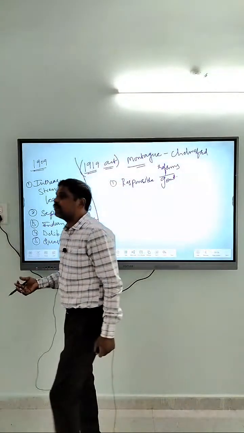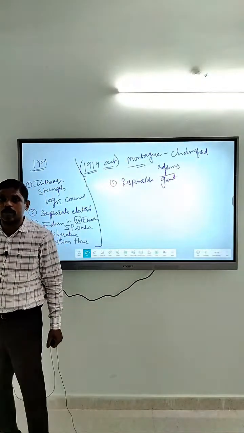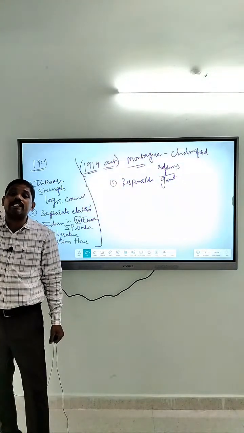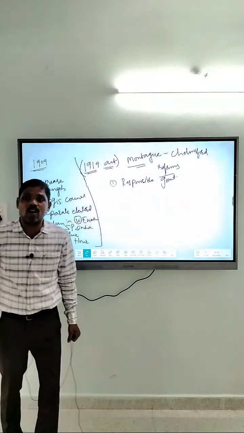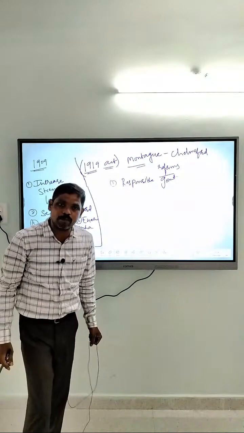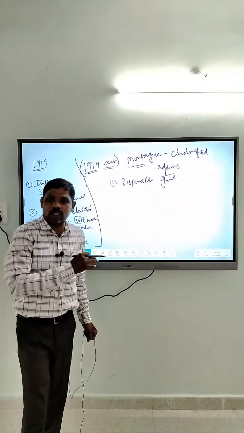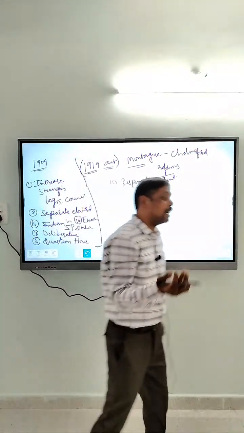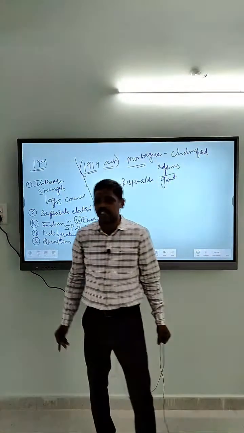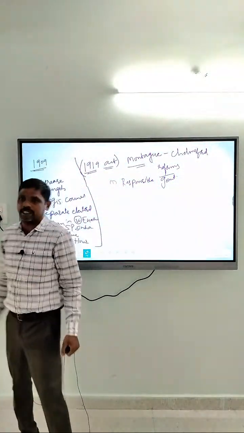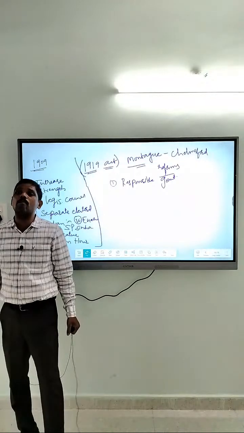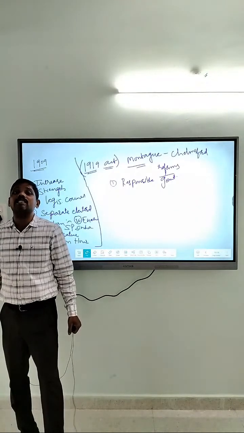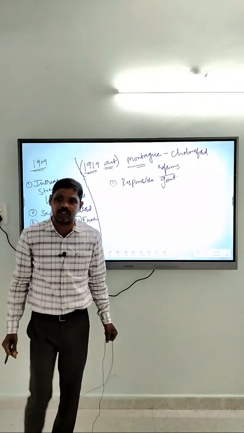So when will the government be answerable and accountable to the people? Only when the government is elected by the people. Without the government getting elected by the people, can it be accountable and answerable? So without having an elected government, we should never expect the government to be accountable and answerable.